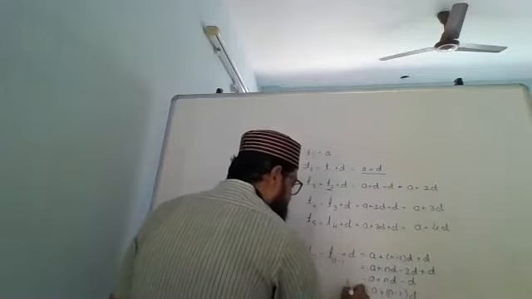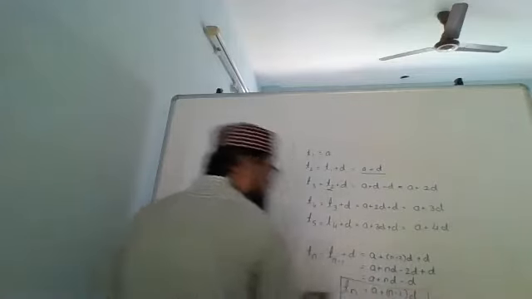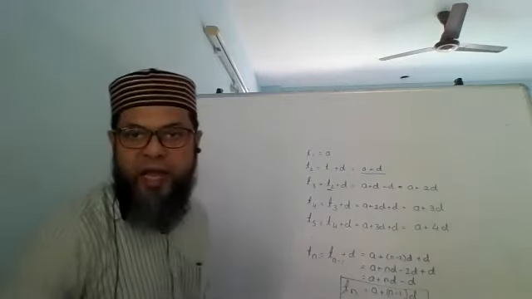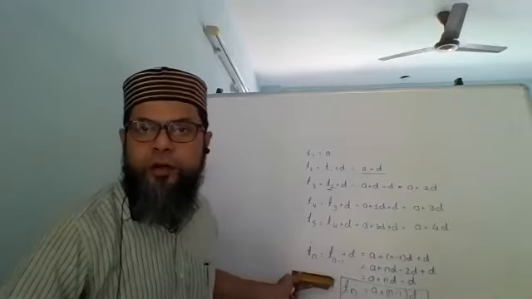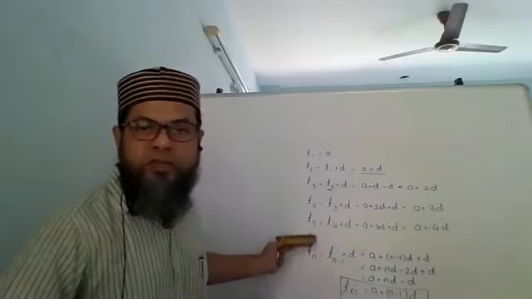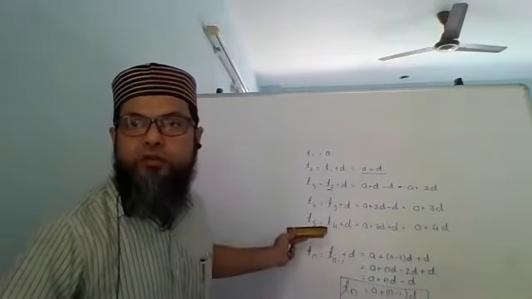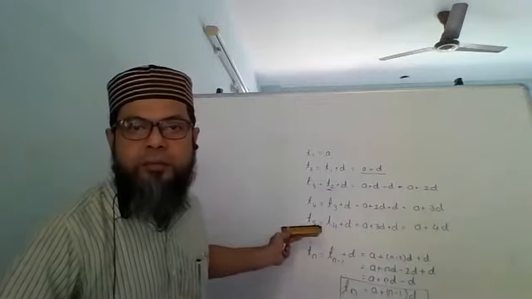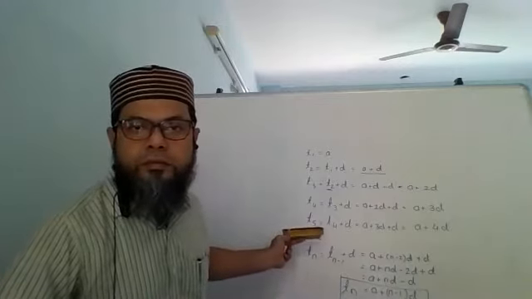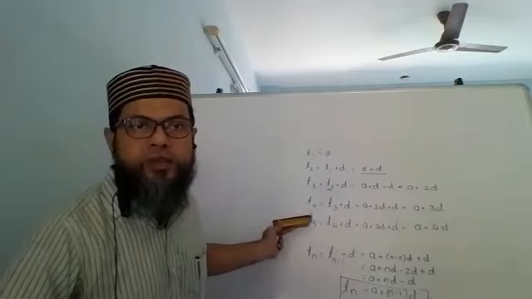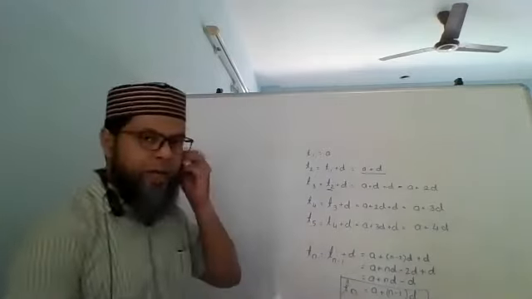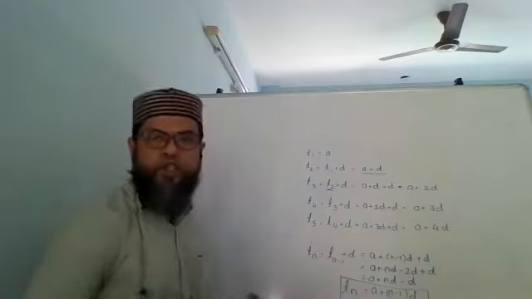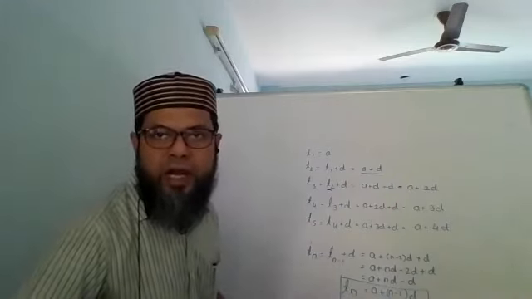This is your formula for Tn. This is what we have already arrived at. You don't need to derive this, you don't need to remember all of this, you just need to remember the formula. If you remember the formula, this will work. So Tn equals A plus (n minus 1)D. I've just shown you how we arrived at this.